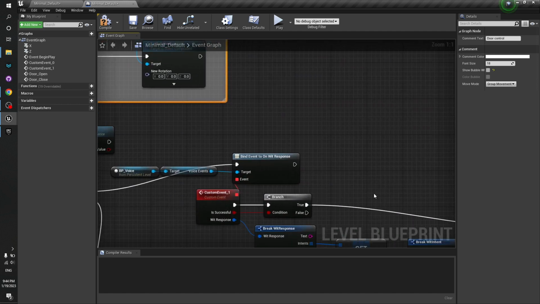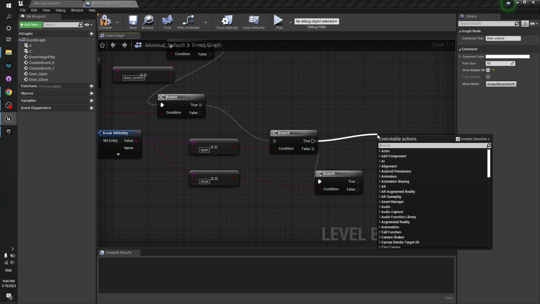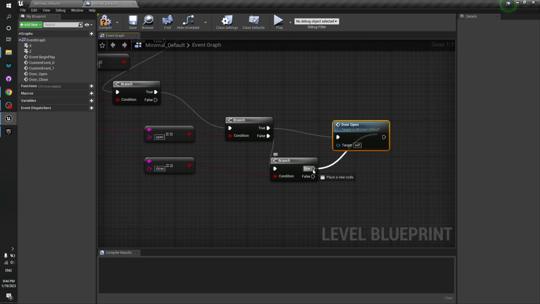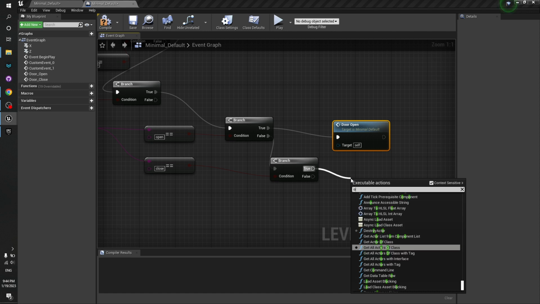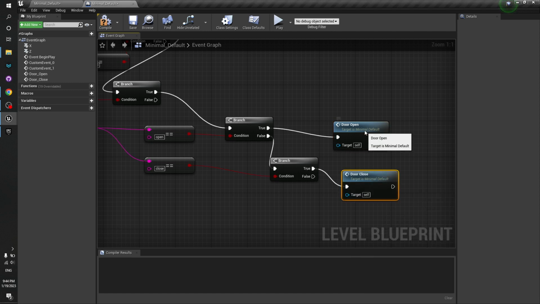And then what we will do from here is, if this is open, we'll just call the door open function, and if this is a close, we'll just call the door close event, which will close